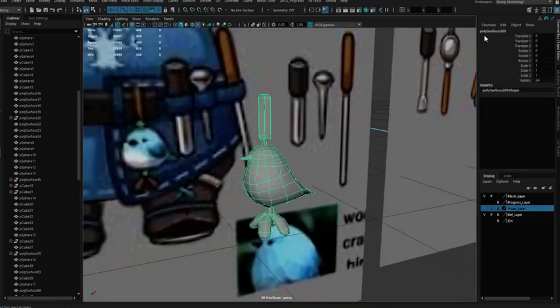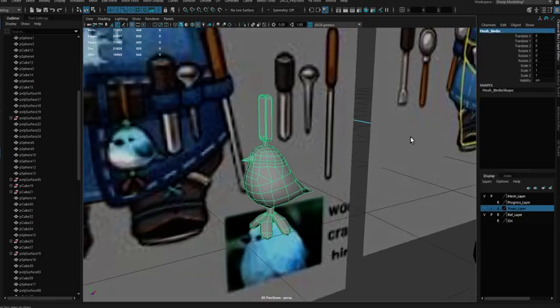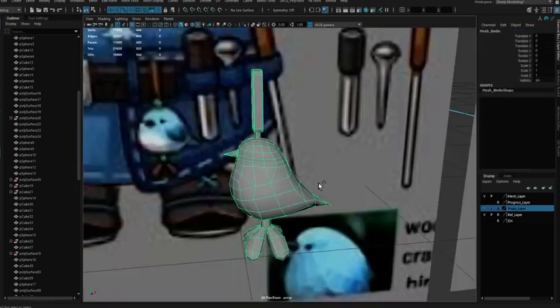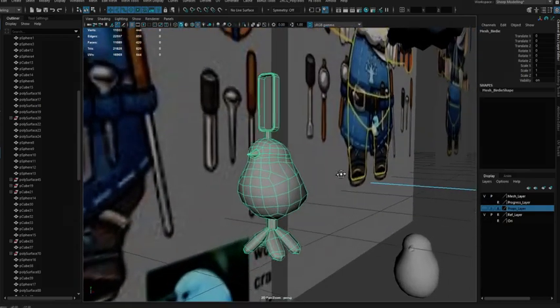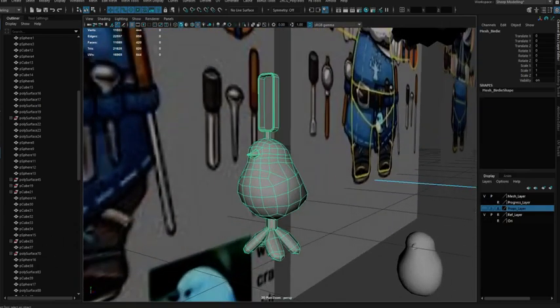Birdie's ready. Let's call this mesh underscore birdie. For the spelling, birdie. So we have got birdie. Let's unwrap it as well. I think this is enough. I'll unwrap it in the next video.